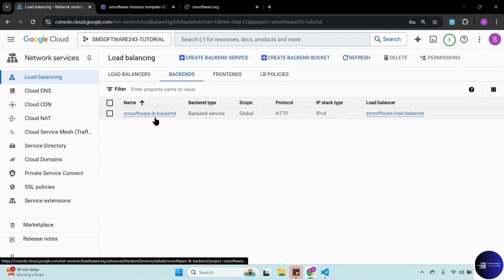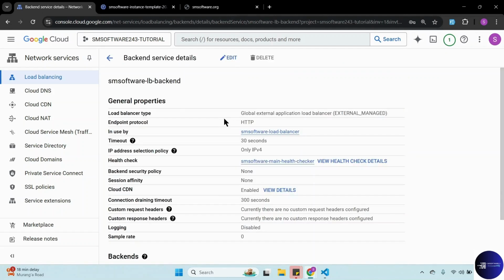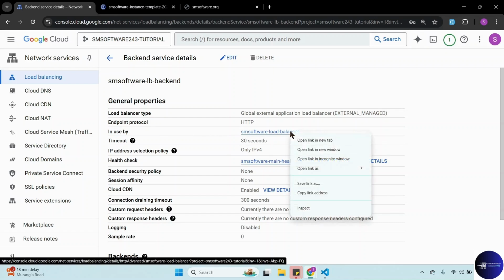The back end will tell you everything. If I click this back end here, it will first show me which front end is using which instance group. You can see, for example, here, in use by semi software load balancer, which if you open,